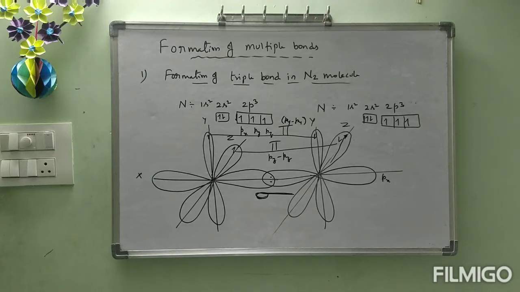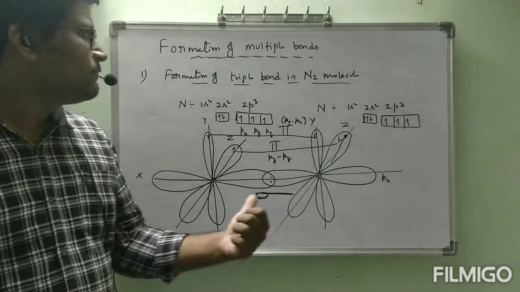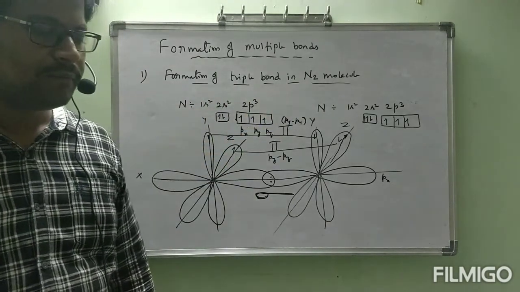Now my question is, between sigma bond and pi bond, which is strong bond? Sigma bond, because it is involved in complete overlapping. If you take pi bond, that is involved in incomplete overlapping, so it can be broken down easily. So when there is a chance of these molecules to be involved in chemical reactions, first which type of bonds are broken? Pi bonds will be broken, then only sigma bond. Because sigma bond is involved in complete overlapping, no? That's why sigma bond is strong bond, pi bond is weak bond. This is formation of triple bond in N2 molecule.